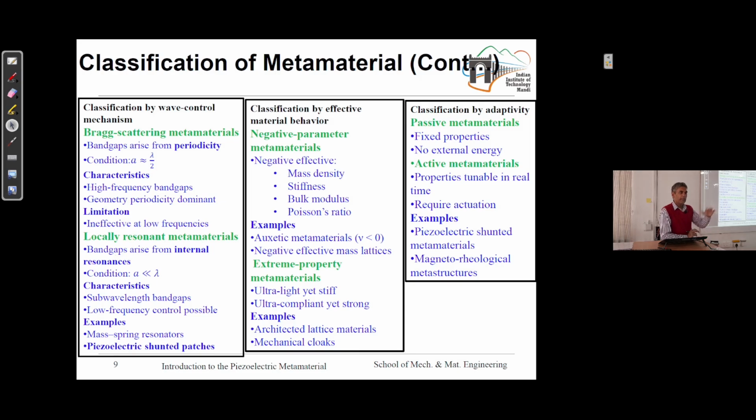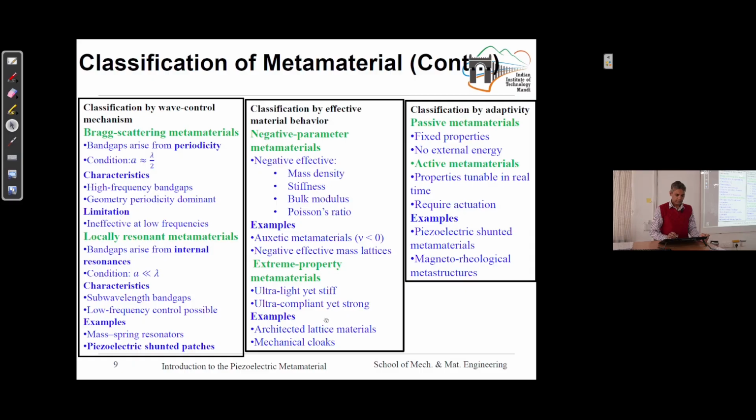If you have rho high, then you also have K high. But in case of metamaterial, we can have this reverse trend. We can have rho 0 and we can have K according to our requirement, right? Similarly, we have ultra compliant yet strong,